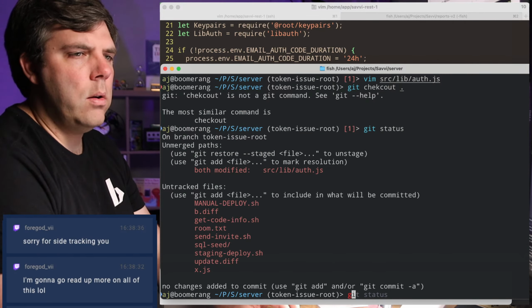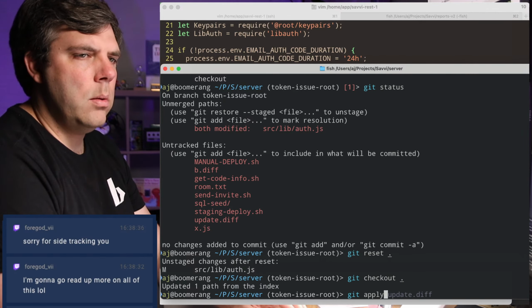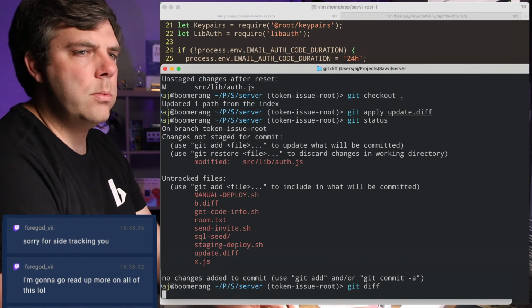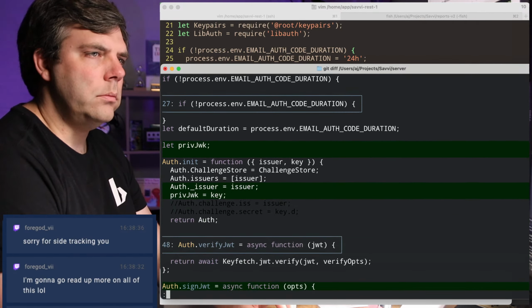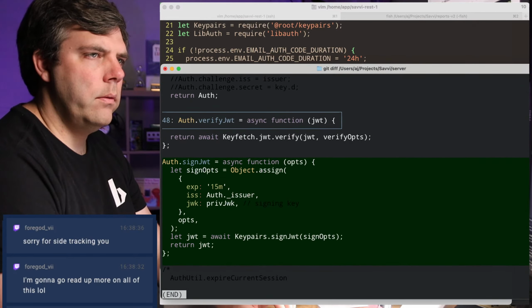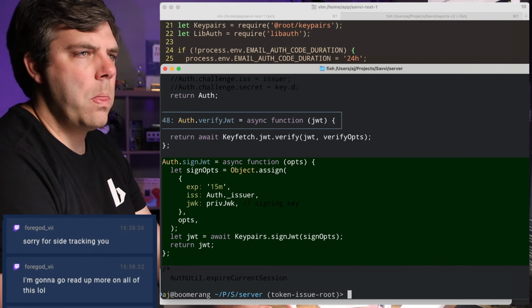Okay, what if I do git apply now? Hold on. Git reset, git checkout, git apply. Okay, now it applies cleanly. That's why I was on the wrong branch before.